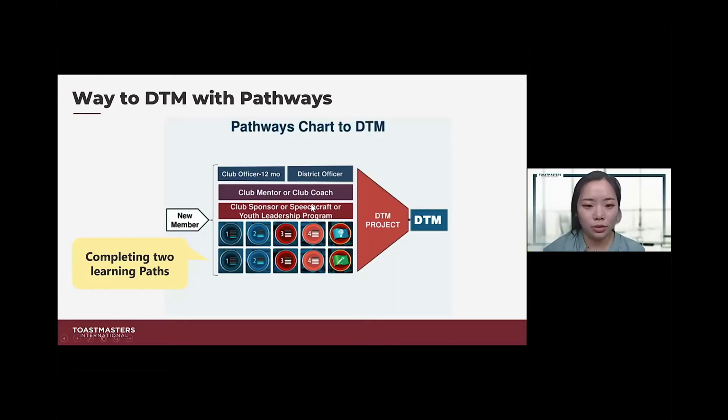And also there is club sponsor or speechcraft or youth leadership program, and mentor and club coach. And I believe there is a training for how to be a club mentor and coach tomorrow, so you can make sure of it. And there is club officer and district officer, and then you're going to be a DTM. So that's the way to be a DTM, and Path is a part of it.